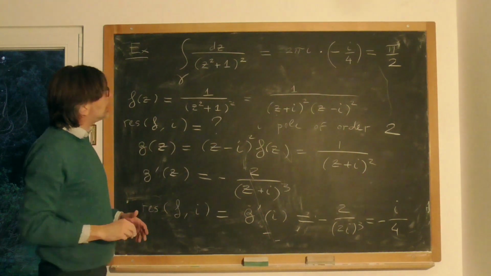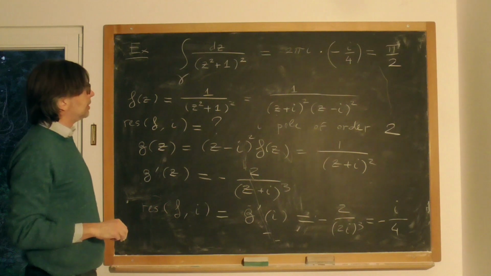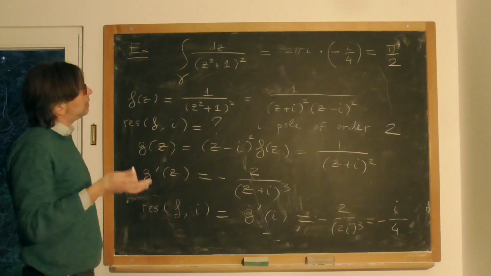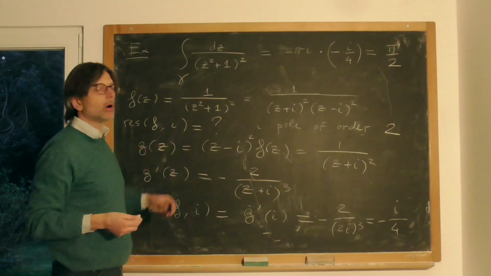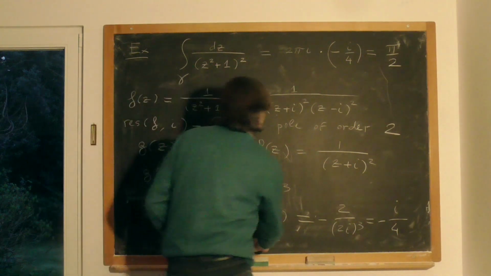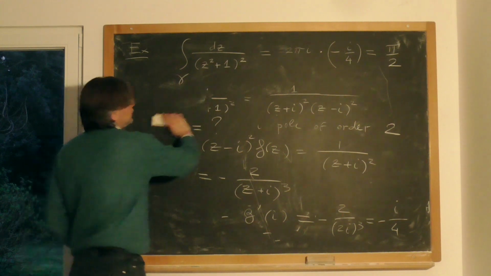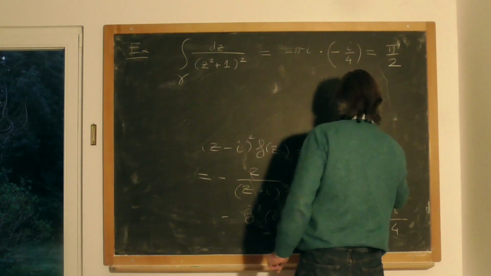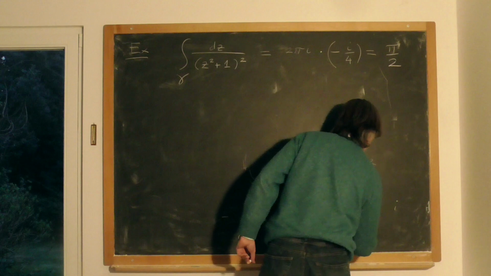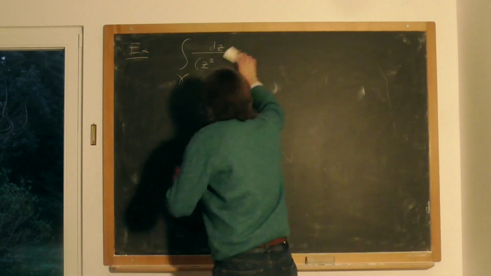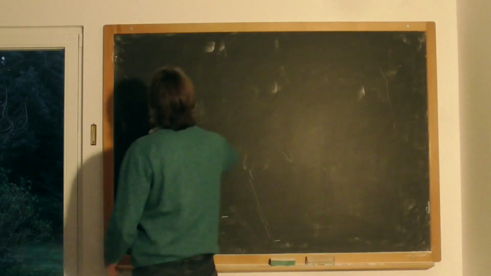Okay, so computing the residue at a pole, especially if the order of the pole is high, is a bit more complicated because we have to compute more and more derivatives. And so let me conclude with another example showing that in many cases, instead of using the formula, it's better to directly find the relevant part of the Laurent series expansion, and from there read the residue. So the last example for today